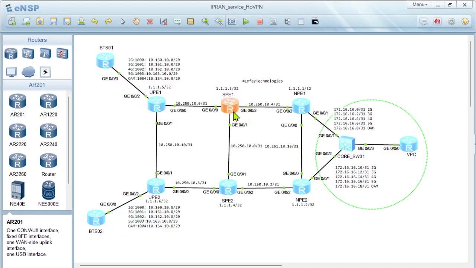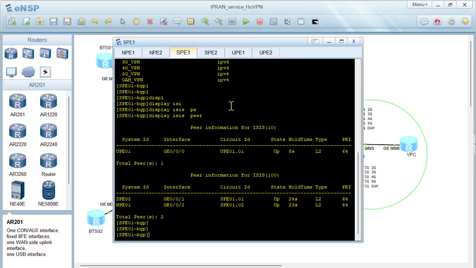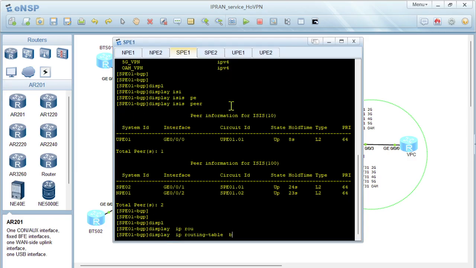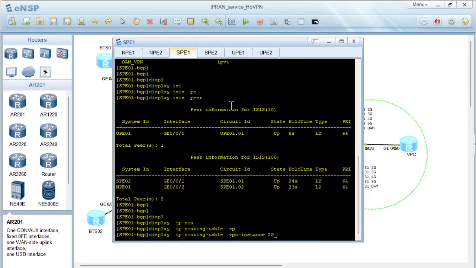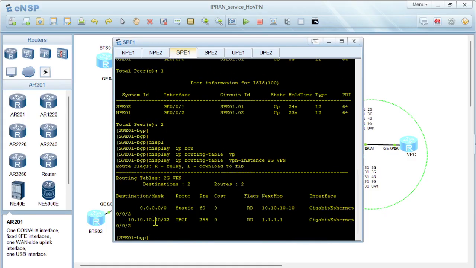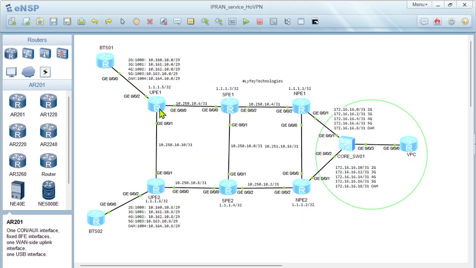From the SPEs, they are able to advertise default route to the UPEs. They don't advertise specific routes. If you check on the SPE, display IP routing table, VPN instance 2G VPN, you can see that it's having the loopback address. It's having a static routing towards this loopback, and it also has a routing under this VPN. So it's not advertising this 10.10.10 to the UPE because we've configured it to only advertise the default route towards the UPE. So we've done the basic configurations, the BGP, ISIS, VPN instances,